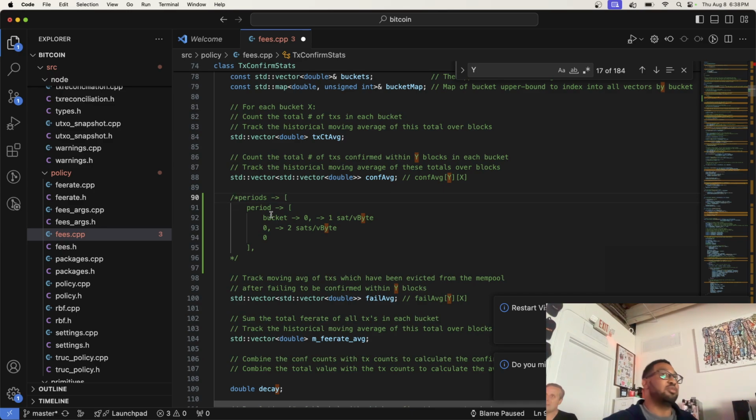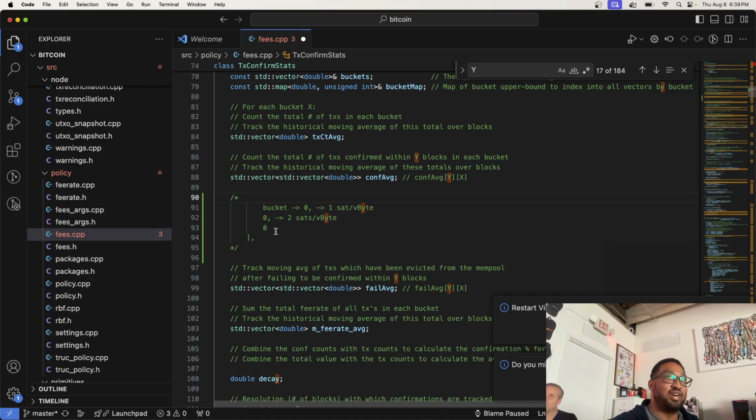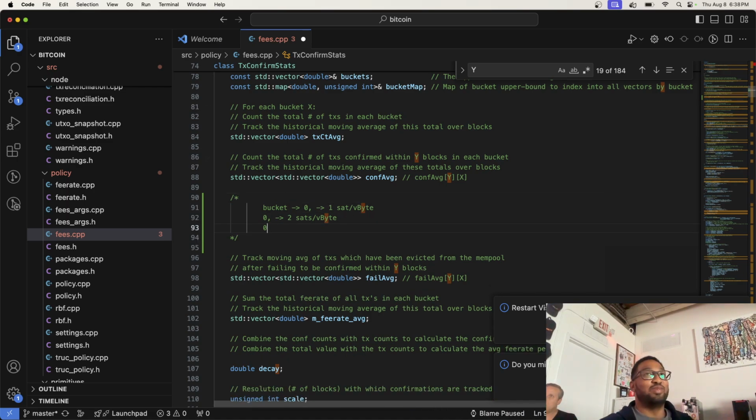But the problem is we have multiple periods, and I think that's what complicates it. Actually, let's just flatten this down. We don't need this idea of periods. Let's just say we have 1 period, and within our period we have a list. This is just 1 list. And within this period list, we have buckets. Whenever a transaction is confirmed within less than 2 blocks, we'll increment the number of the bucket it belongs to according to its fee rate. Is that a better way to explain it, just looking at a period?